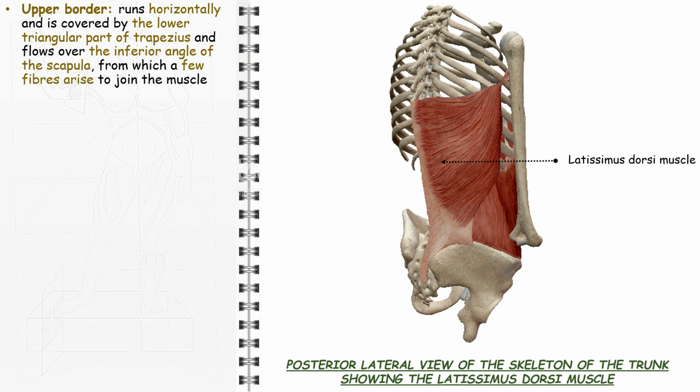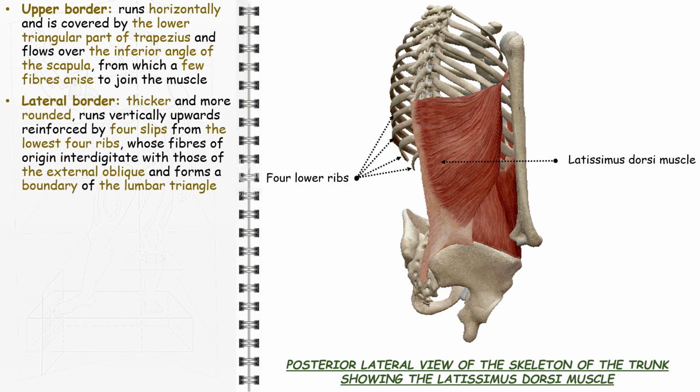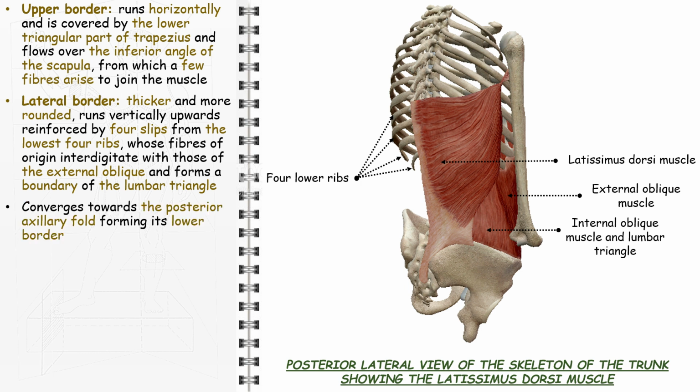Its lateral border is thicker and more rounded. It runs vertically upwards, reinforced by 4 slips from the lowest 4 ribs, whose fibers of origin interdigitate with those of the external oblique and forms the posterior boundary of the lumbar triangle of Petit. The muscle converges towards the posterior axillary fold, forming its lower border, and sweeps spirally around the lower border of